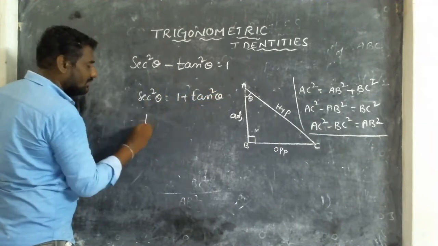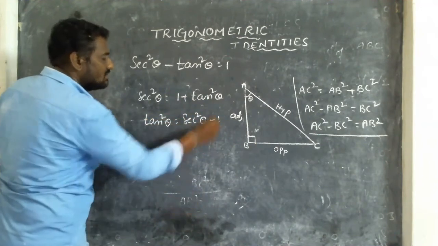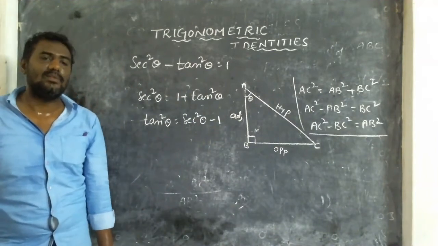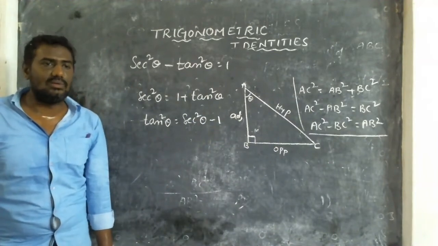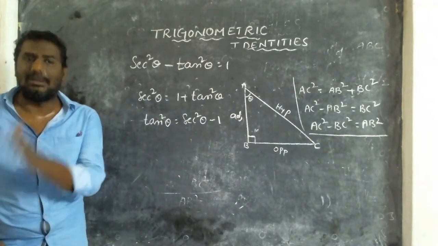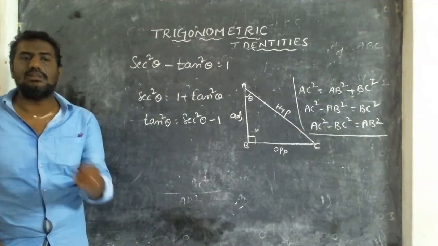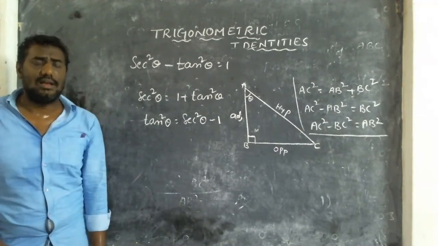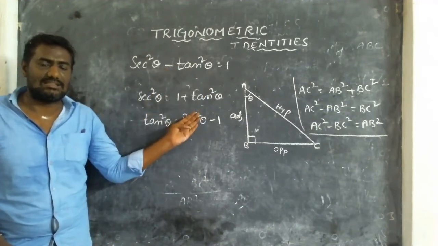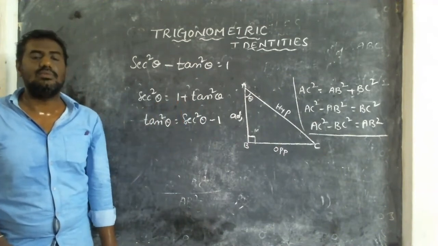Now, from this I want tan square. Send the 1 to this side. Tan square theta equals sec square theta minus 1. In this, there is no formula I can help with. You must learn the formula. Sec square equals 1 plus tan square, so there is a relation between sec and tan. You have to remember it: sec square means 1 plus tan square, and tan square means sec square minus 1. You have to learn that formula by heart. If you remember this one, from this we can easily write the other. If you send minus tan square, it becomes plus tan square, minus 1. Like this, you have to learn it.